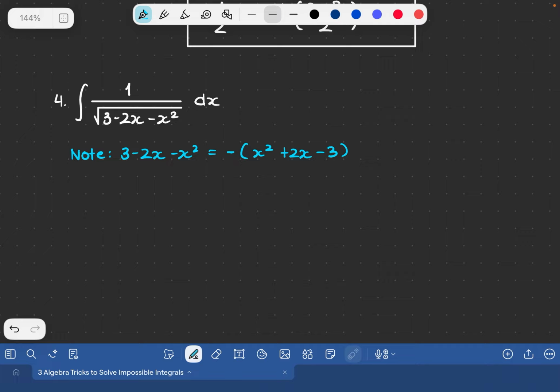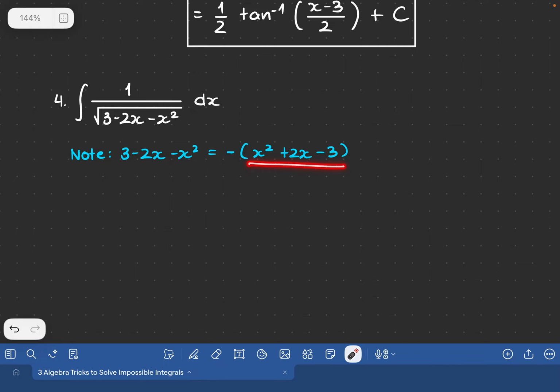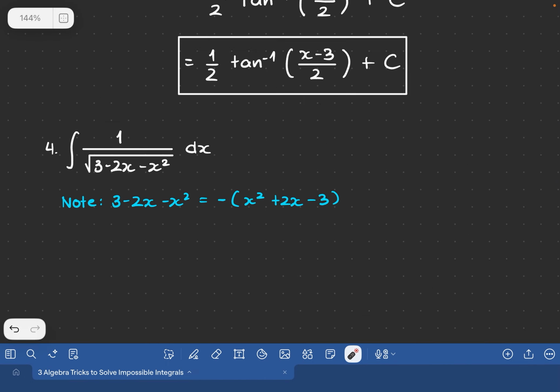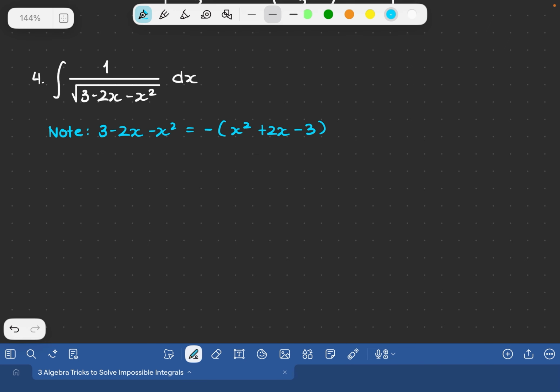Then applying completing the square, if this is our expression, we just take b squared over 4a, that is 2 squared over 4 times 1, which just simplifies to 4 over 4 or 1. So that is what we add and subtract out here. So we have negative of x squared plus 2x plus 1, right? Minus 1 minus 3 here. And this just simplifies to